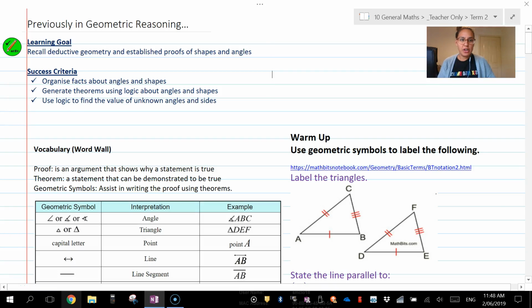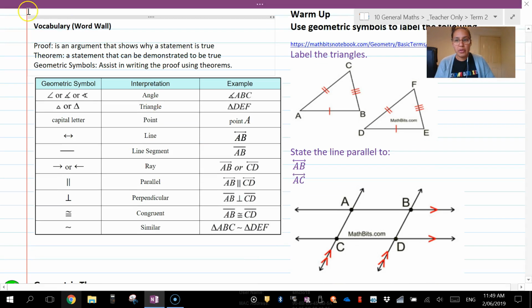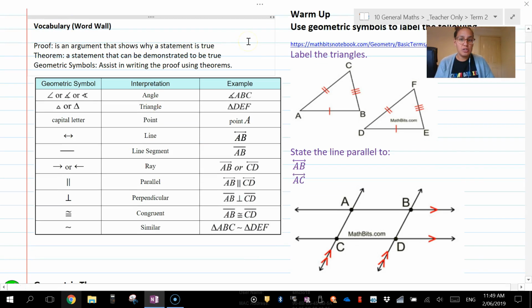Hi everyone, in this video we are looking at a review of geometric reasoning. So just being able to recall geometric facts and important information that's going to help you with the next couple of lessons. To get us started, a proof is an argument that you're trying to support,